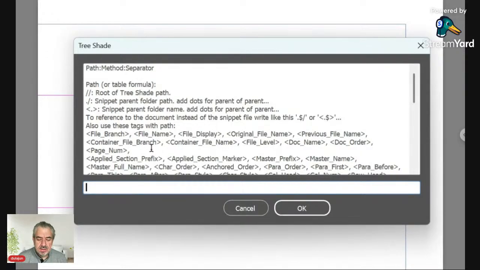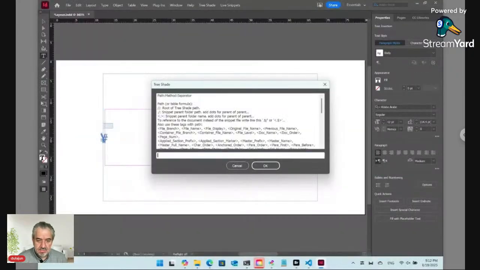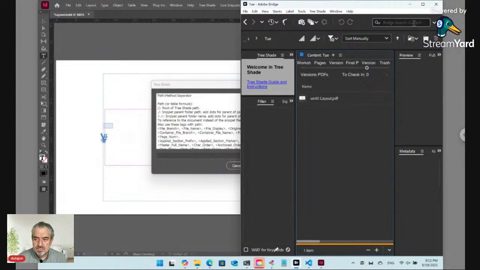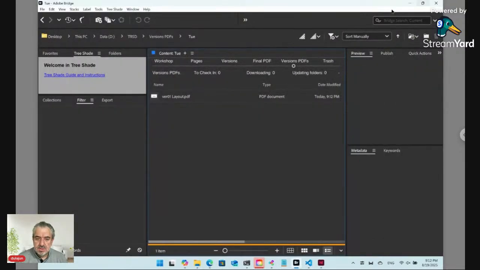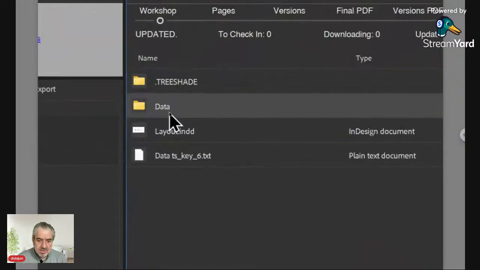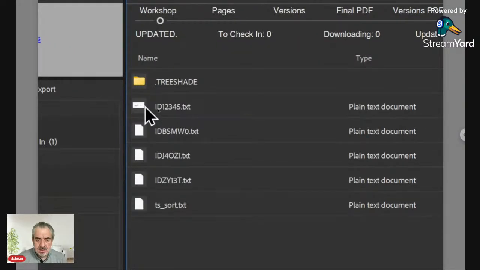And the path for our files, if we go to our project in workshop inside our folder Tuesday, there is a folder called data beside the InDesign document, and inside data I have text files. Start with capital letters ID,